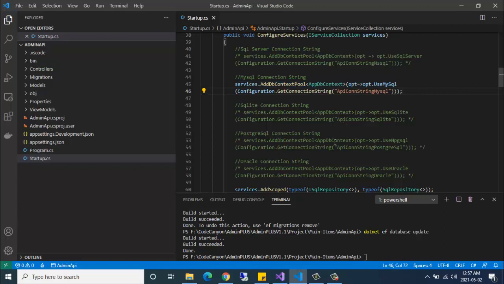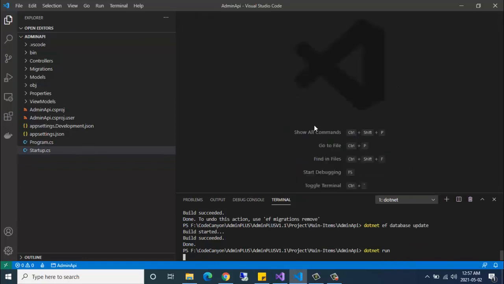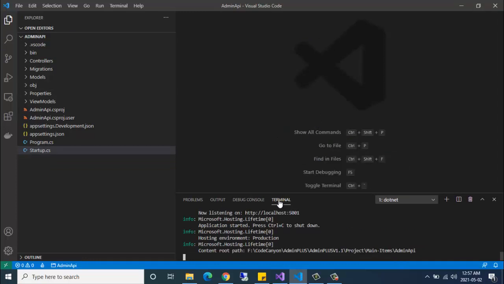Now when I run my project by writing dotnet run, this will run the API project, and it is now running at localhost port 5001.